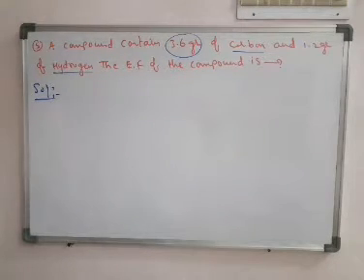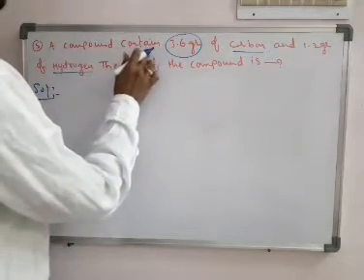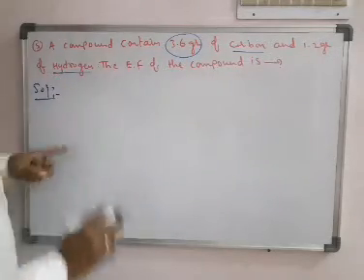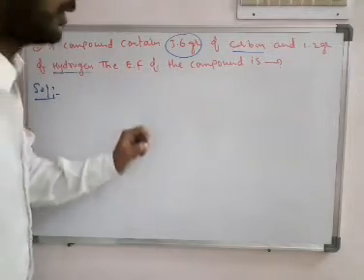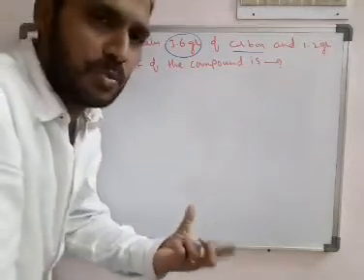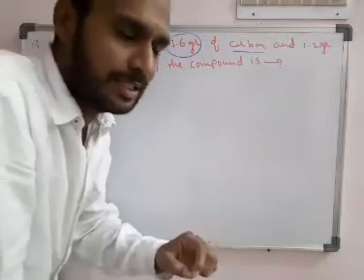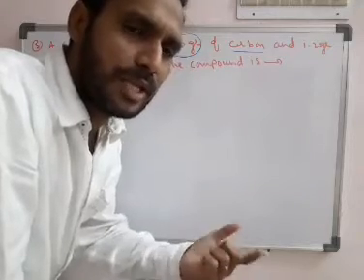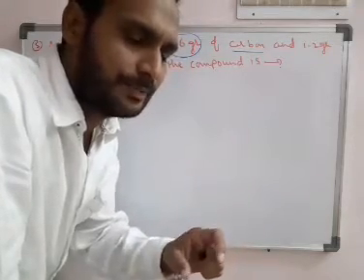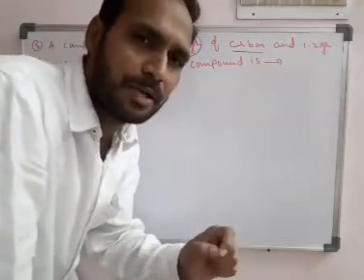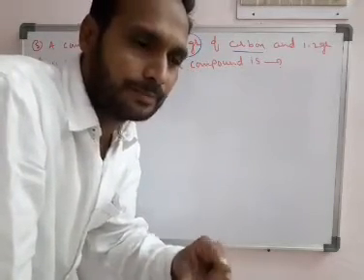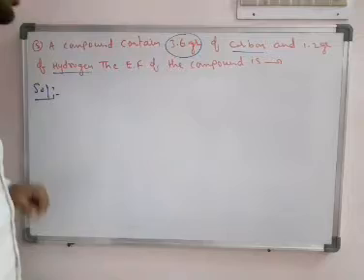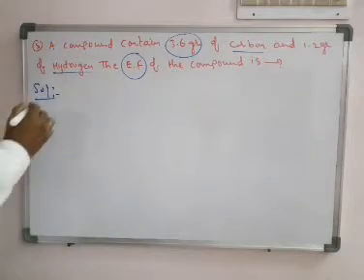Fifth problem in that worksheet: a compound having 3.6 grams of carbon and 1.2 grams of hydrogen. We have to find the empirical formula of the compound. There is no total weight given, and even no molecular formula is given. We are unable to calculate the percentages. Just by converting into the number of moles, we are able to write the empirical formula. But this information is not sufficient to know the molecular formula. The question only asks for the empirical formula.